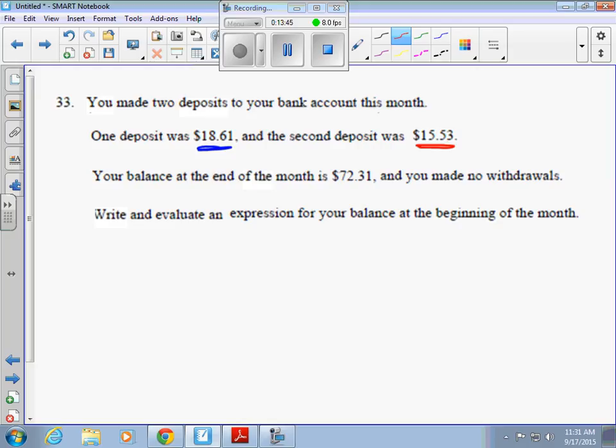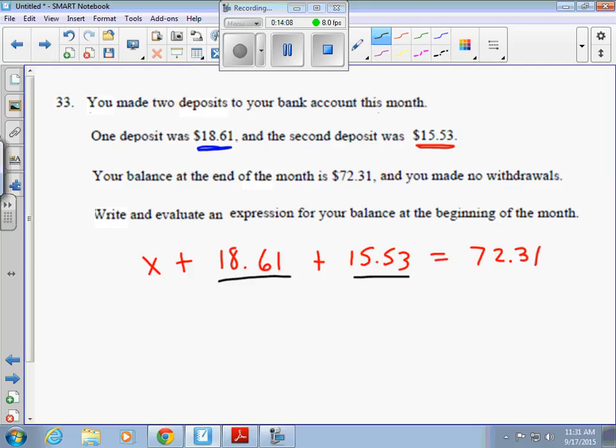X, it has to be an unknown amount. We don't know what it is. X plus 18.61 plus 15.53 equals 72.31 at the end of the month. So if we combine those two numbers, we can combine like terms 18.61 and 15.53. 3 and 1 is 4, 6 and 5 is 11, carry your 1, 9 and 5 is 14, carry your 1 again. $34.14 is what was put into the bank when you put those two together, equals